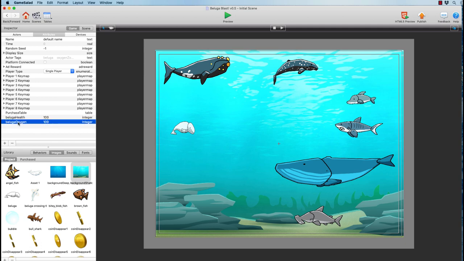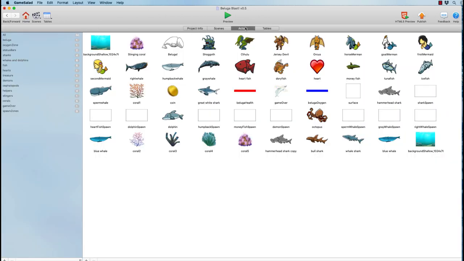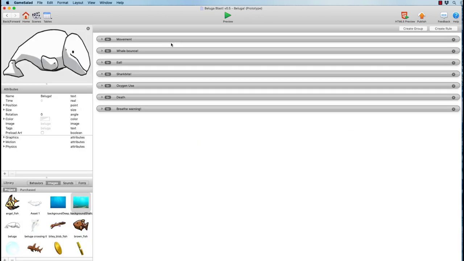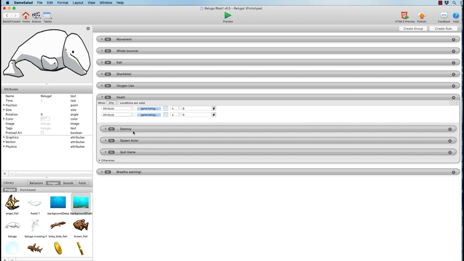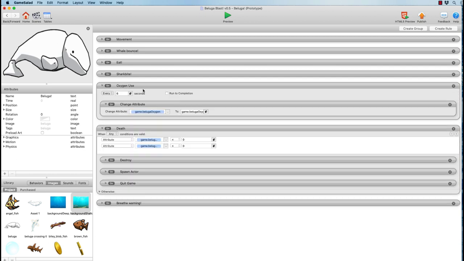All right, so we have Beluga health and Beluga oxygen. We can do something very interesting with this now. So let's go back to our actors. There's our actors, there's our Beluga actor. And let's set up a couple of interesting conditions here. What we can do is say, here's a couple of conditions we can manage around oxygen use.